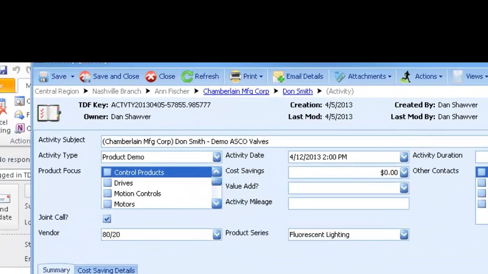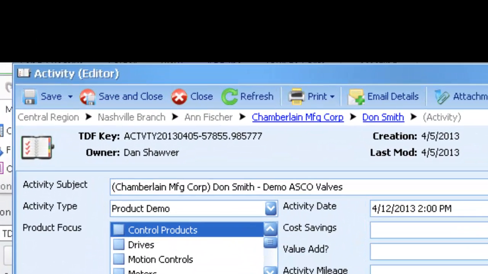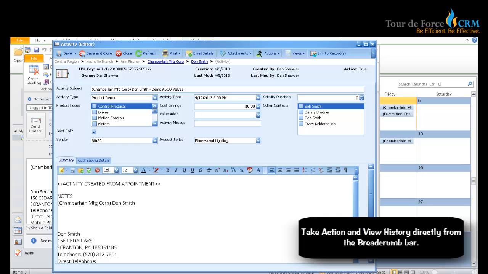Tour de Force CRM forms have a breadcrumb bar, which allows you to see the relationship of different items in the system. For example, looking at this breadcrumb bar from right to left, we can see that an activity was created for Don Smith, who is a contact at Chamberlain Manufacturing Corp., which is in Ann Fisher's territory. Ann Fisher is out of the Nashville branch, which is in the Central region. The breadcrumb bar allows me to perform next steps and view history quickly and efficiently without having to jump around